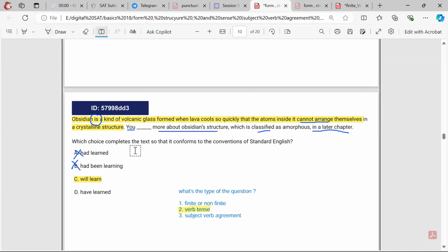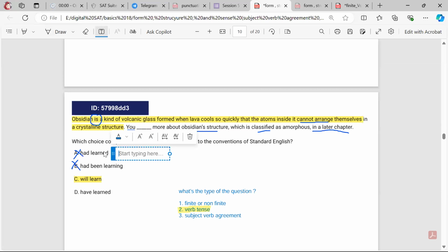So do you know why your answer is incorrect? Yes. The first two, that's past, had and had, that's definitely past. I'm not talking about past at all. I'm talking about present in the first place. And here the word later can tell me something that will happen later on. So this can refer to the future. So I'm stuck between C and D. Here, have learned,